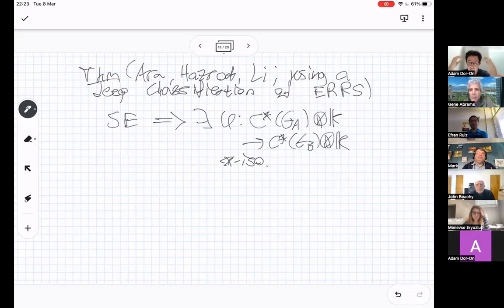Okay, so the original result of Elliott in AF classification tells you that if you have a coincidence at the K0 level, then your isomorphisms are approximately unitarily equivalent. But then the Rocklin property allows you to take them to be unitarily equivalent. So this is something that happens on the nose. There is an approximation happening there, which